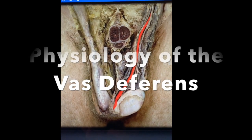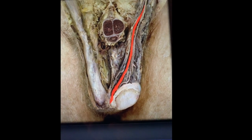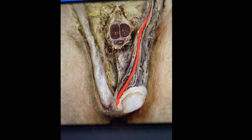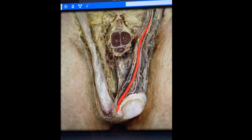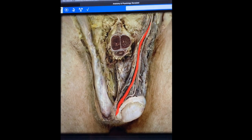The vas deferens, also referred to as the ductus deferens, is the cord-like structure that comes out of the tail of the epididymis when it does kind of a 180-degree change in angle. It's a muscular tube which is about 45 centimeters long, and it passes upward through the spermatic cord and inguinal